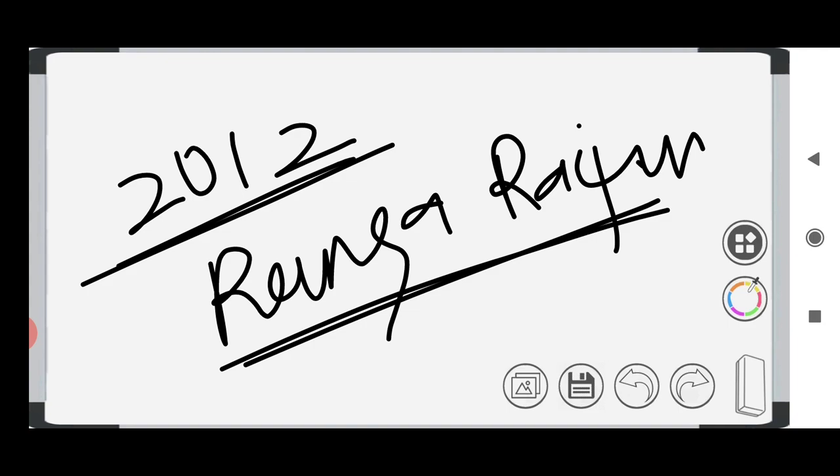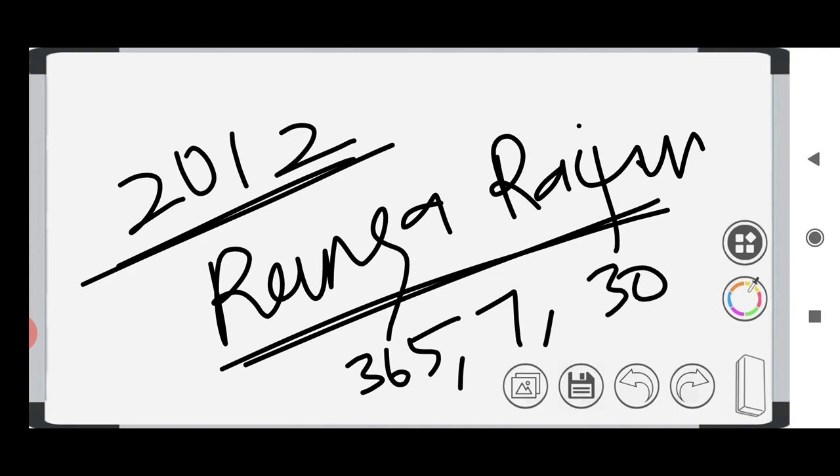So first, in Rangarajan Committee, 365 days. So 365 days expenditure on cloth, education, medicine, food and footwear is calculated. And 7 days expenditure on oil, egg, fish, meat and fruits is calculated. 30 days expenditure on other food like rice, dal, vegetables is calculated. And based on that, they arrived at a calculation.